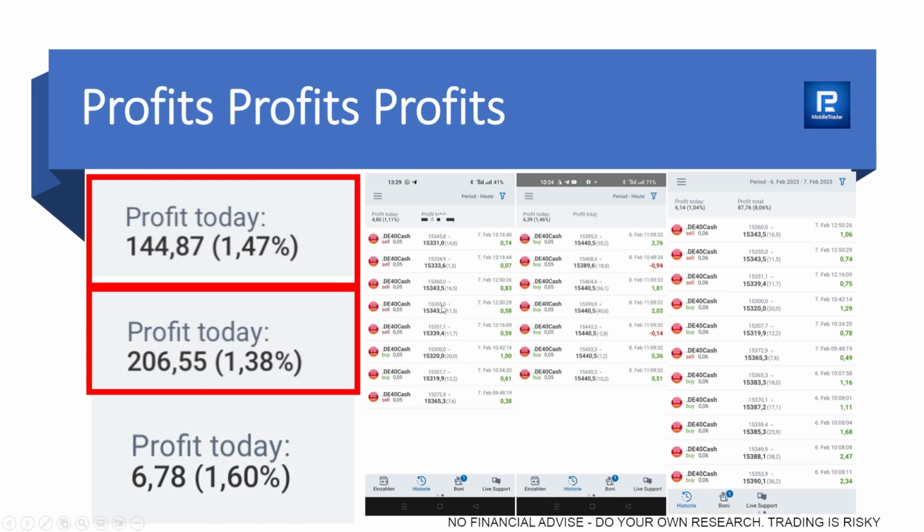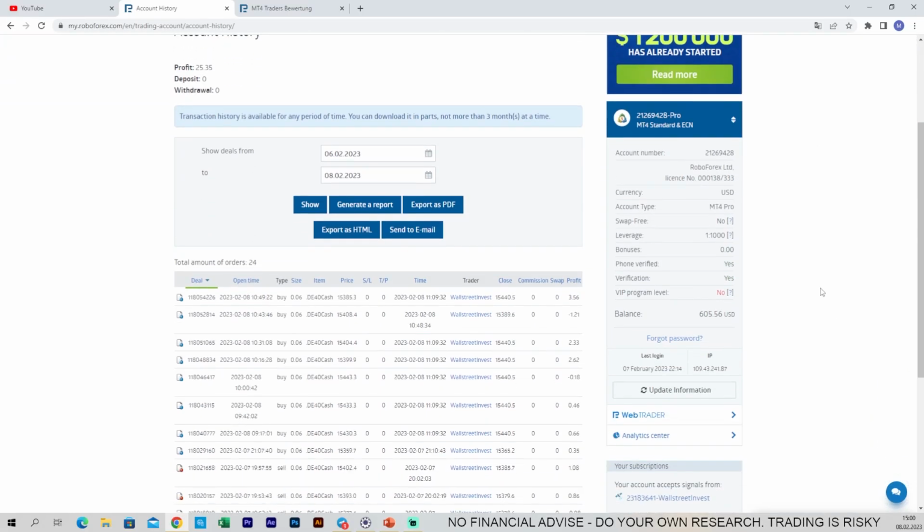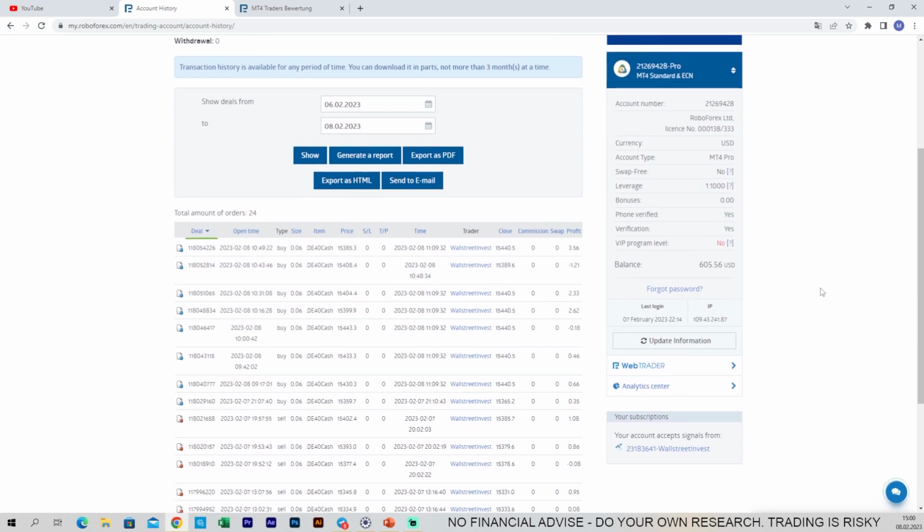And here you really have a great overview about all open and closed positions. Obviously, when there are still positions open and you want to close them yourself, you can manually close positions at all times. So here we are back inside my trading account, and I'm looking for the history, my trading history